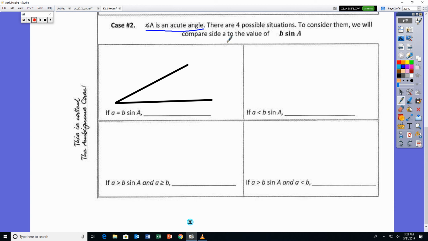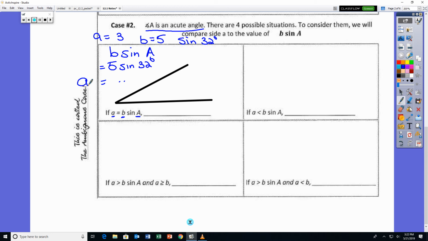Now, the way we can determine which of these four situations will occur is to take side A and compare it to side B times the sine of angle A. So if you have a side B, multiply by, in your calculator, the sine of angle A, and it'll give you some value. So if A was, say, 3, B was 5, and angle A was 32 degrees, you would do 5 times the sine of 32 degrees, get some value,